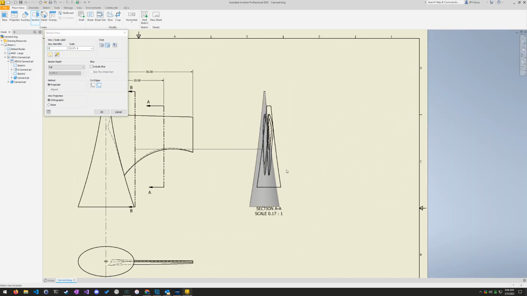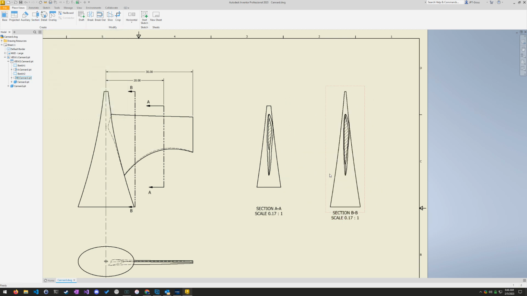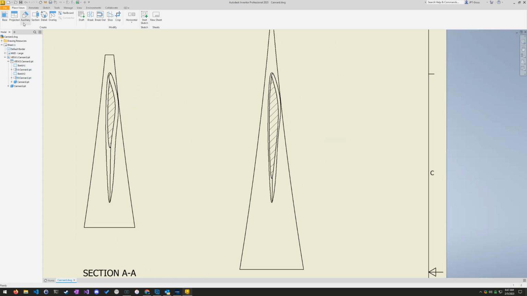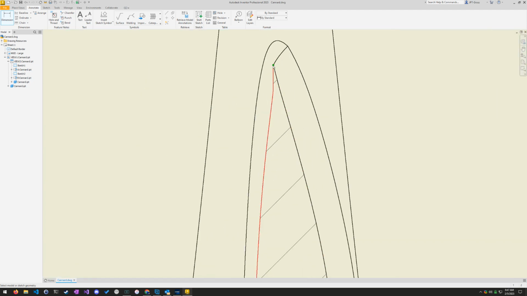And it doesn't matter how far we pull it to the right. It could be here, it could be here, it could be here. It doesn't matter. We just need to drop it somewhere. Okay. Now we can zoom in and we can annotate a dimension for what they're asking for on the geometrics